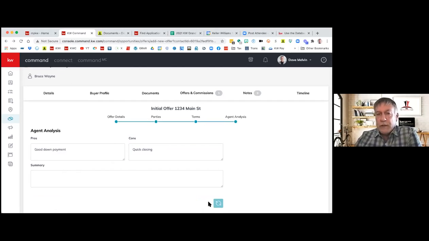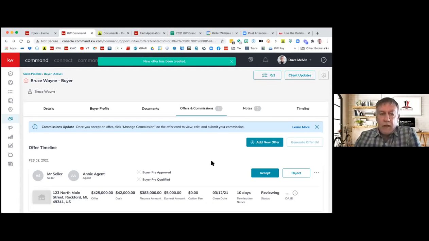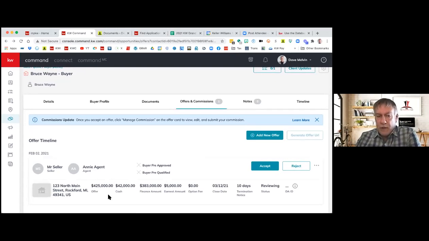When you're done, just click save. Now you have an offer in here. It's a $425,000 offer. They're putting $42,000 down. They're financing $383,000. They've given a $5,000 earnest deposit. Closing by March 12th. 10-day termination. Again, due to maybe the inspection. If that is the offer that has been accepted,